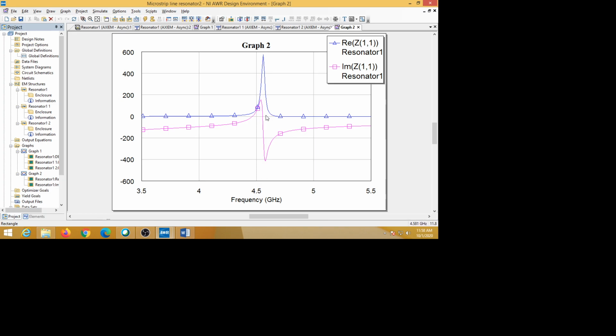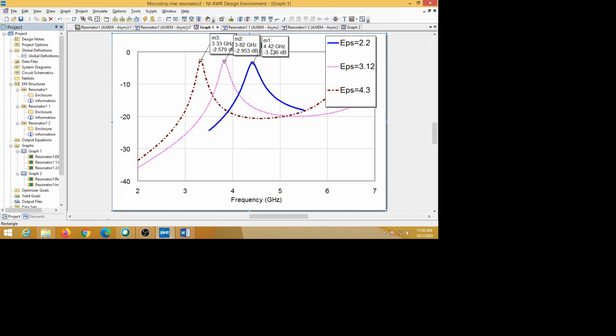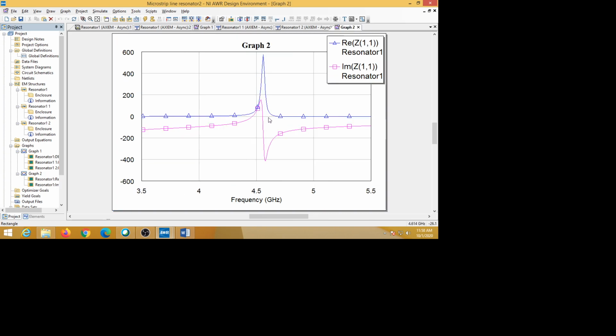Reactance is 0 but the real part is high, so that is the expected result. That is coming at the resonant frequency, because our resonant frequency is 4.42 gigahertz. At that frequency we are getting this input impedance response. Okay, so like that, input impedance.